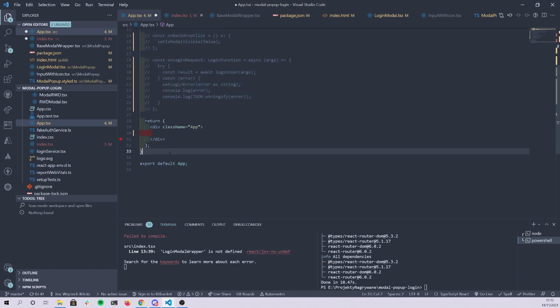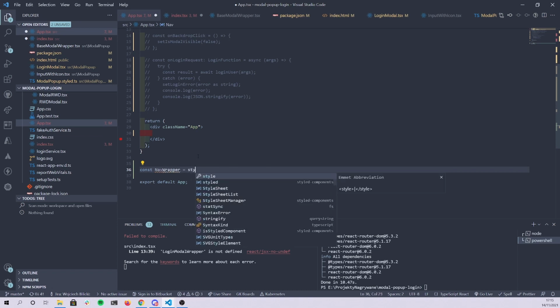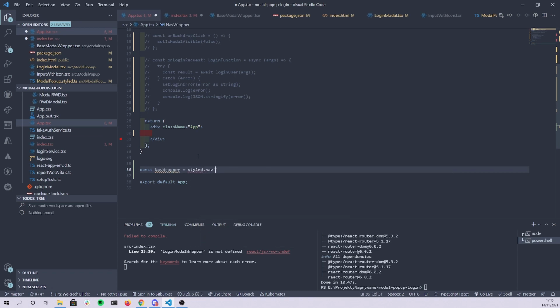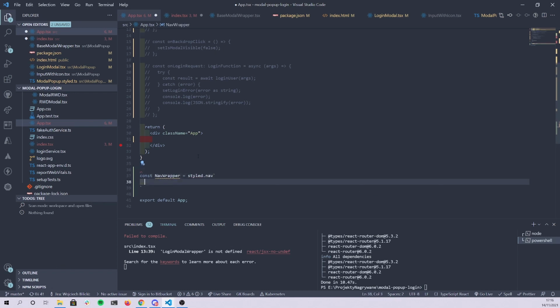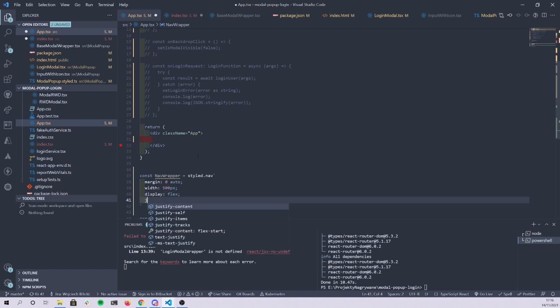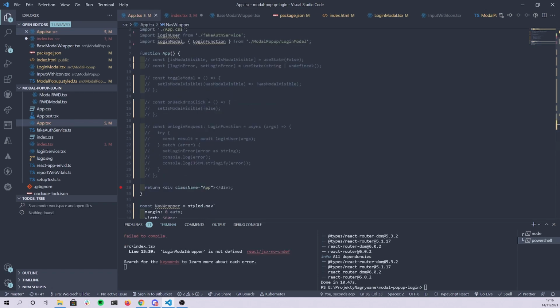I'm gonna create a little bit of style here. So let's create a nav wrapper and use styled nav element. Of course, the style is coming from the styled components. We're gonna set the margin to be auto. Width is gonna be 500 pixels. The display to flex and justify content as a space between. Okay,